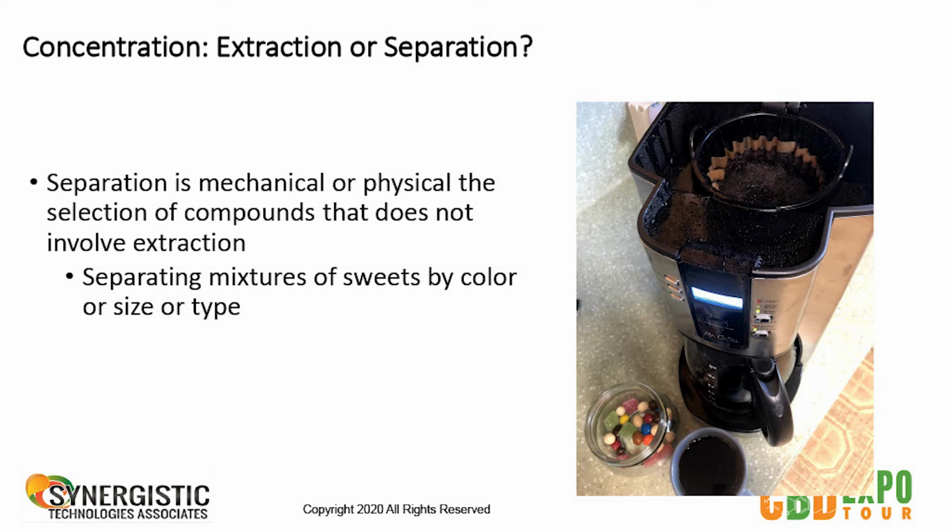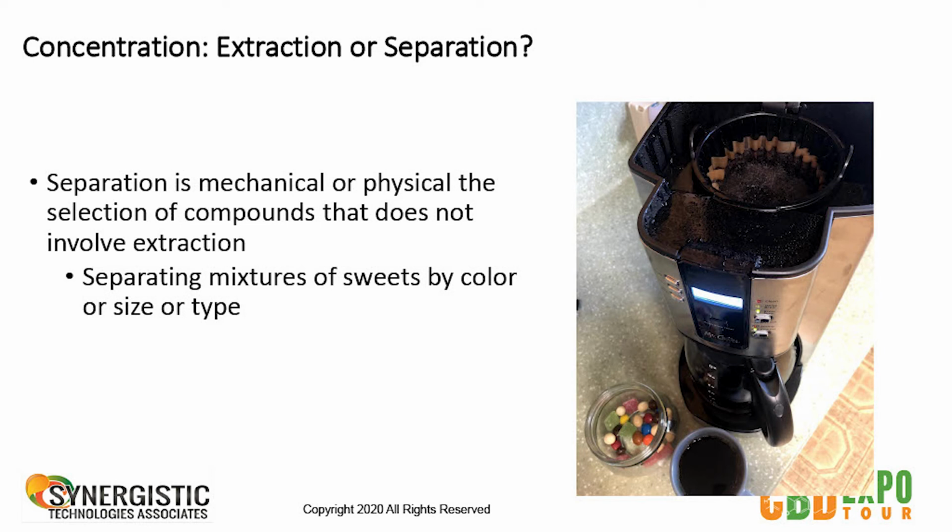So when I have the candy down here in the picture, I can see that that's a separation where I want to separate those pieces based on size or based on color or something, but I'm separating them mechanically. That's a separation. But when I'm making the coffee, that's an extraction because I'm using a liquid on a solid, I'm using water, and I'm using the